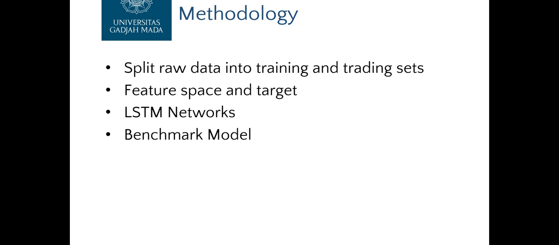The methodology consists of five steps. First, we split the raw data into study periods, composed of a training set for in-sample training and a trading set for out-of-sample prediction. Second, we discuss the feature space and target necessary for training and making predictions. Third, we provide an in-depth discussion of the LSTM network. Fourth, we briefly describe the random forest, the DeepNet, and the logistic regression model that were applied as benchmark models. Fifth, we develop the trading approach. The rest of the section follows the five-step logic outlined above.